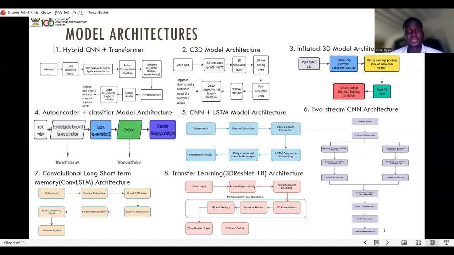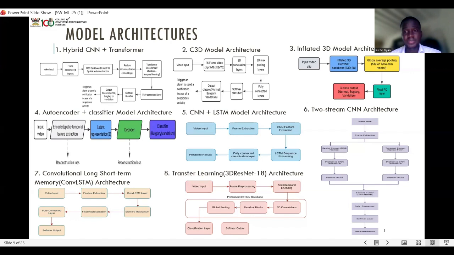The sixth was the two-stream CNN, which still takes in video input, and similar frame extraction is done just like in the CNN plus LSTM. But in this two-stream CNN, after frame extraction is done, 2 concurrent streams are used to analyze the data.